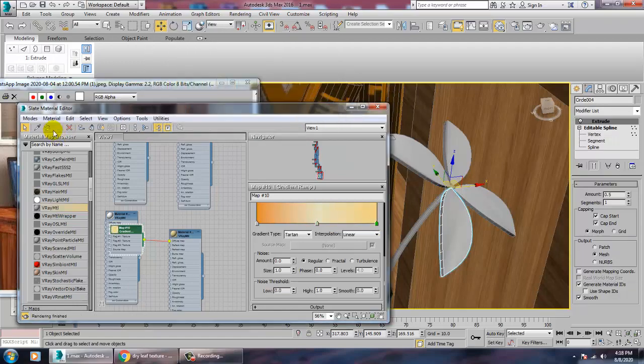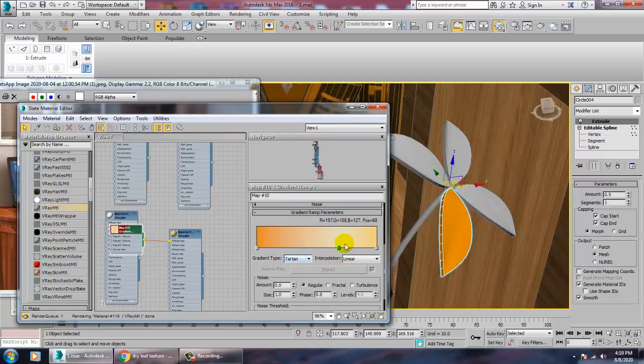Assign this. So you can just assign a color. You can switch that.